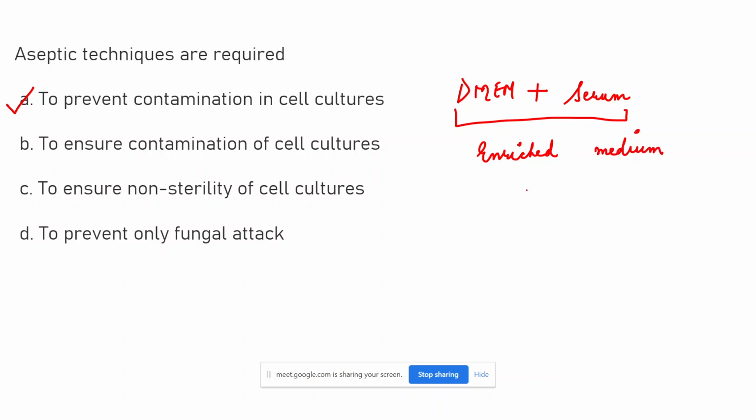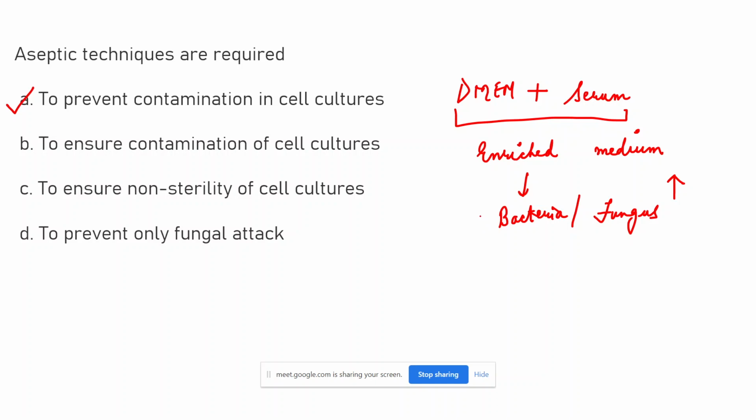In order for the best growth of your cultures. Now, since this is an enriched medium, if bacterial cells or fungal spores get into this medium, they will have a lot of nutrients on which they can grow. So it is very easy to get contamination in cell cultures, and hence it is very important to maintain aseptic